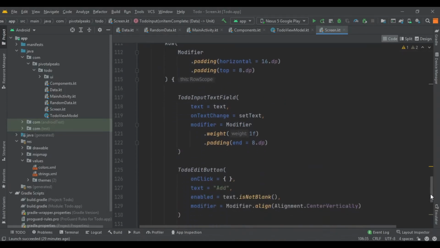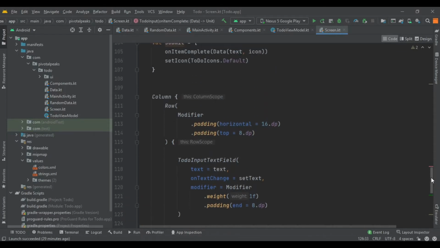So let's just do it. On click we are just going to pass the submit function that we created, and for here we are just going to pass the IME action.